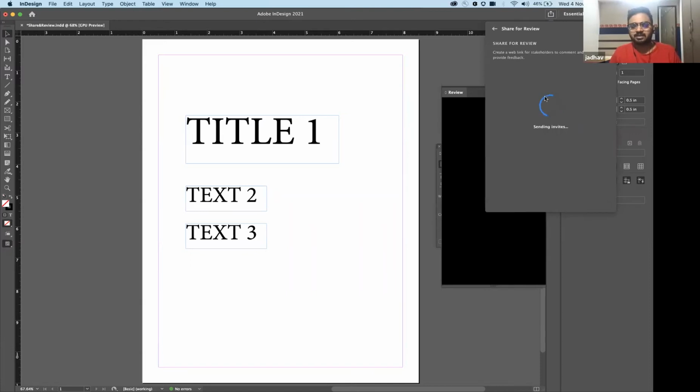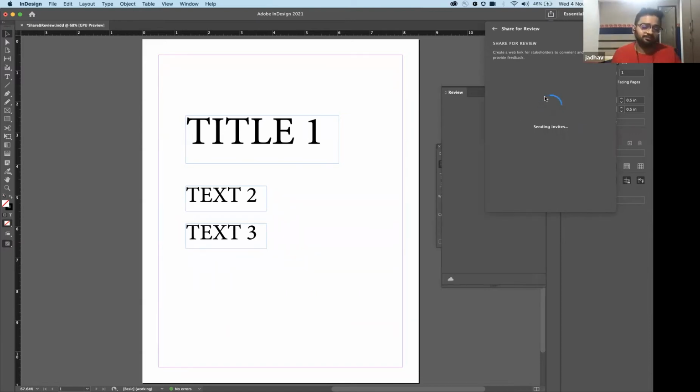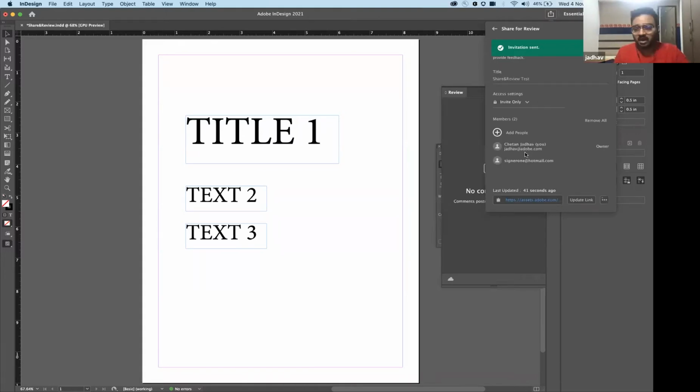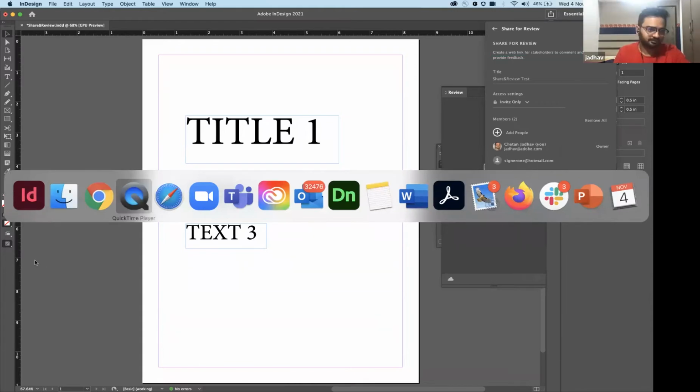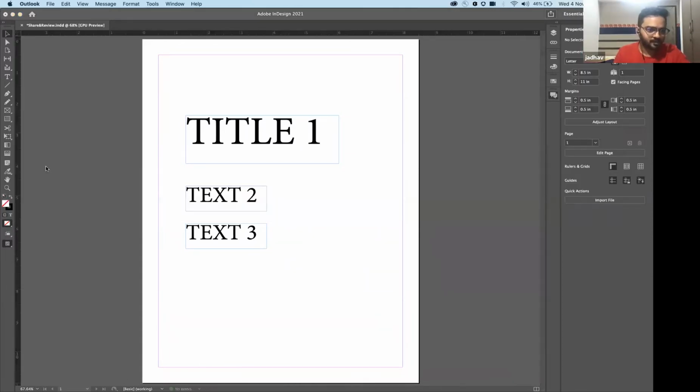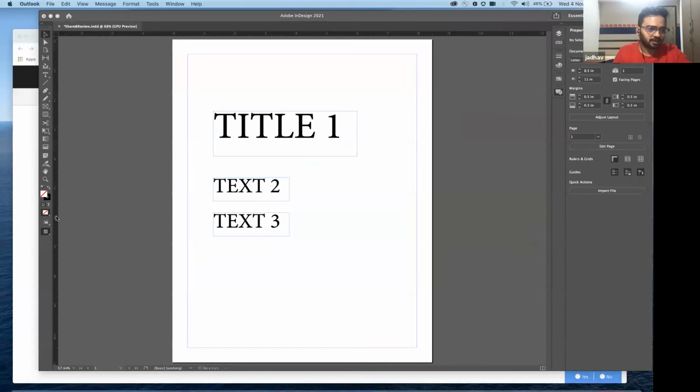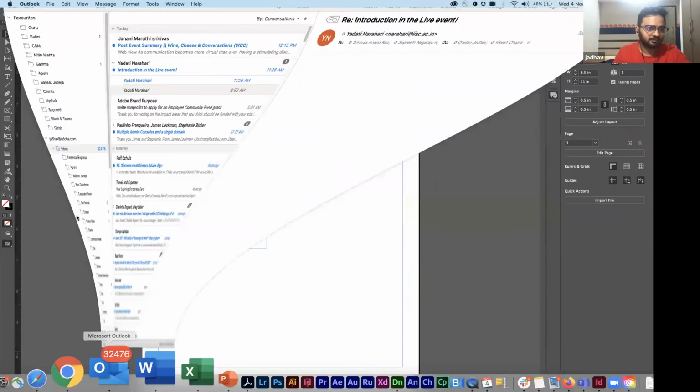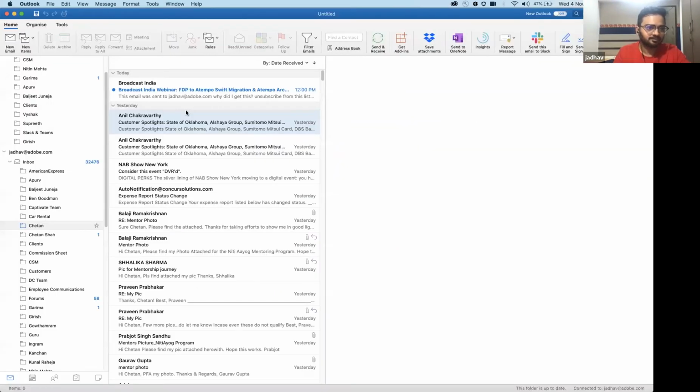So what happens is that both of the people will get an invitation that Chetan Jadhav has shared this particular artwork. So these are the two people. So if I go to my email, let me see.